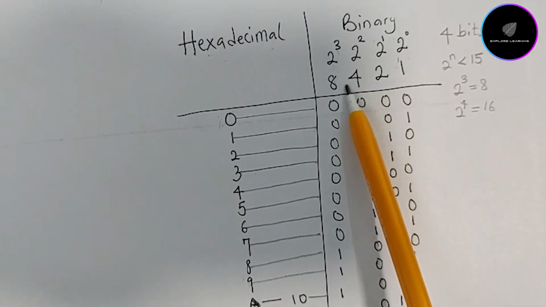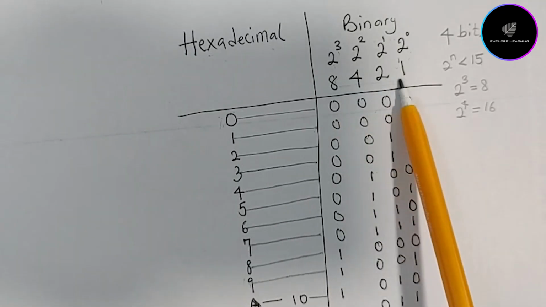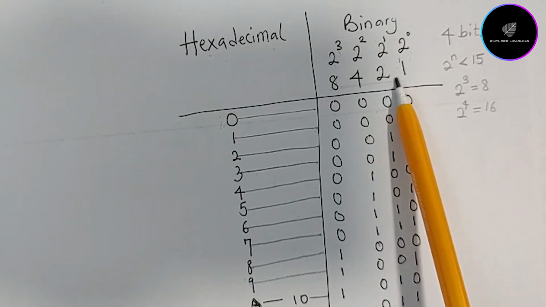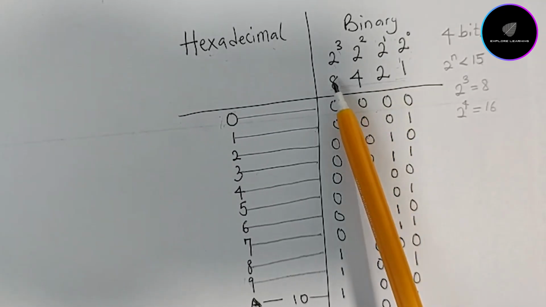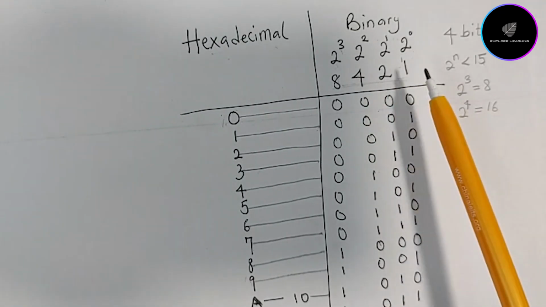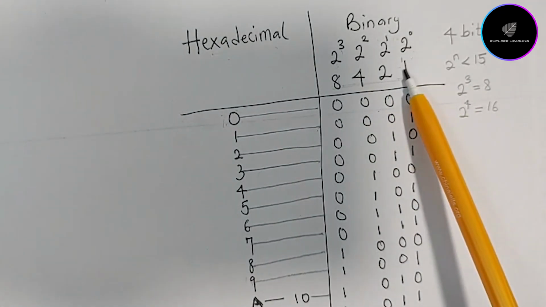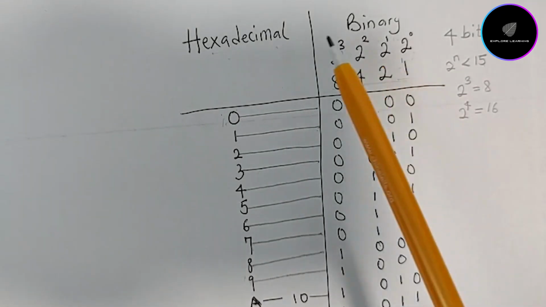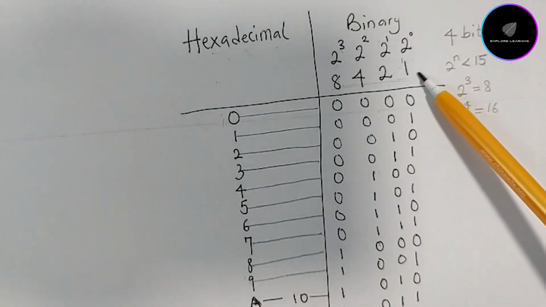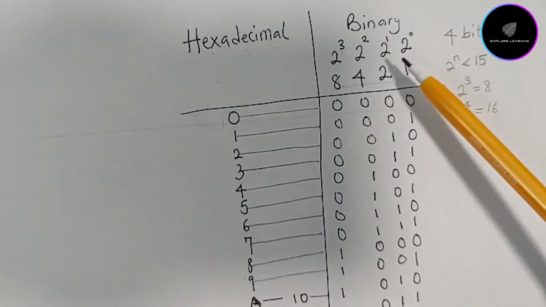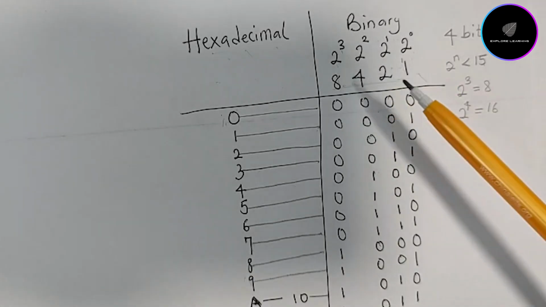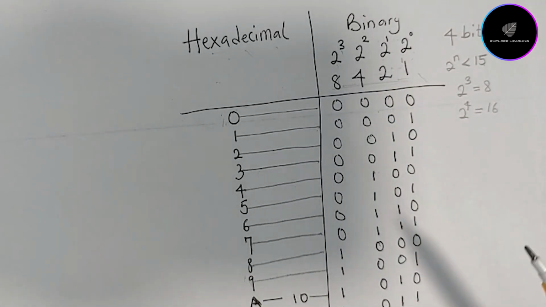So in this case, we have 4 bits code. It means for the hexadecimal number system, the maximum number of bits that can be represented in binary coding is 4: 1, 2, 3, 4. So this is the number of bits. This is how we derive the relationship between the binary number system and the hexadecimal number system. We're going to use the same knowledge to convert the hexadecimal number system to the binary number system using the direct